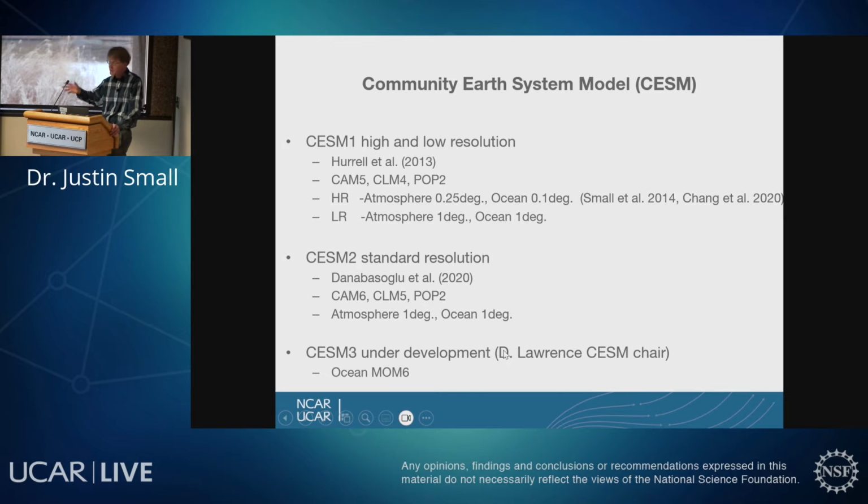I'm just highlighting the key components for what I'm looking at. And the final word is that CESM version 3 is under development. Dave Lawrence is the CESM chair currently. And one of the main changes that's going on is the ocean model's been replaced by MOM6. But that's still under development.